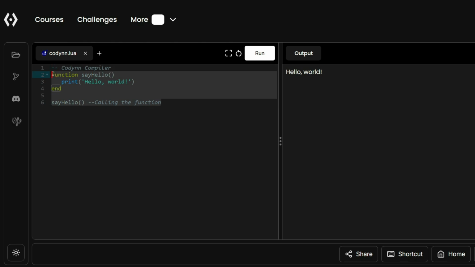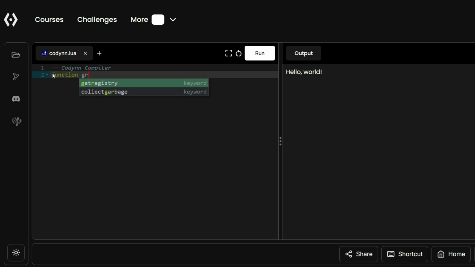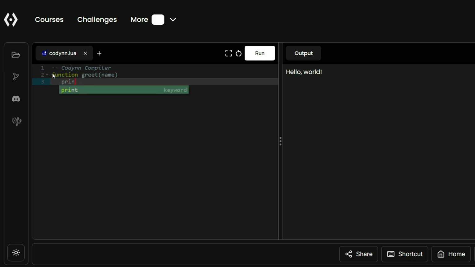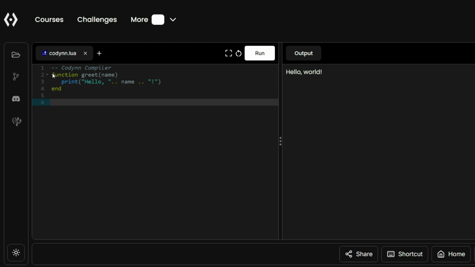So function greet, and we'll pass in name as a parameter. So print hello, and then our concatenation operator dot dot, and the parameter that we passed in, that is name. And let's say we have an exclamation mark as well, and we'll end this function, and then we get to call it with different arguments. So suppose Alice, and then greet